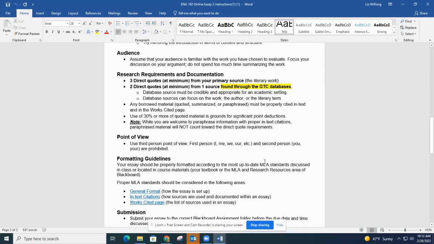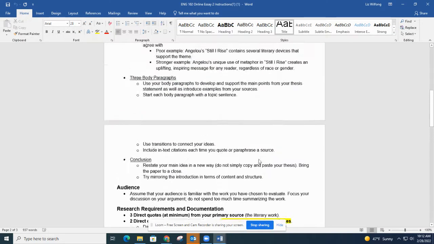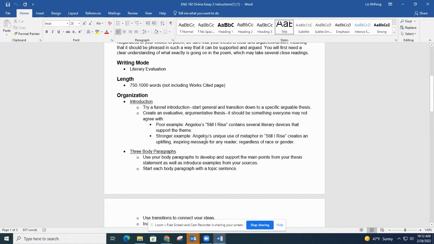Remember, your thesis should serve as a mini outline for the paper. If you want to go ahead and name the specific poetic devices, or you should definitely, if you're only looking at one, name what that one is. So in this example, it's metaphor. If you're talking about 3 different ones, then you would name those 3 different ones. So very similar to the format of the last paper.